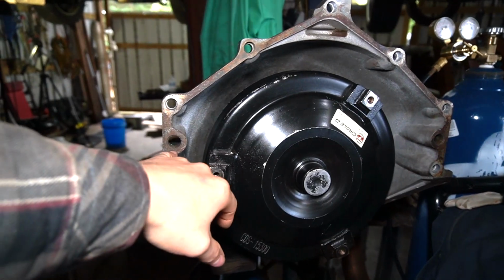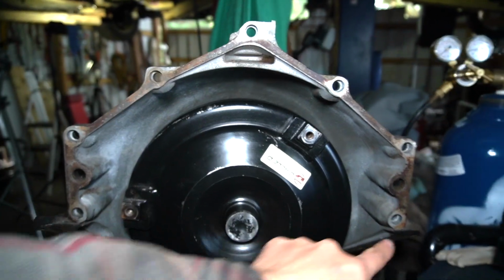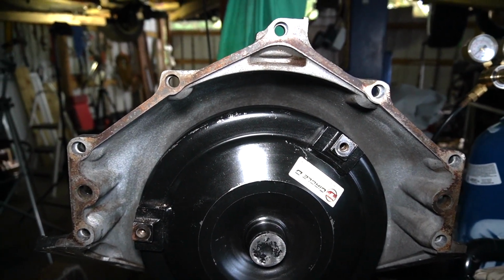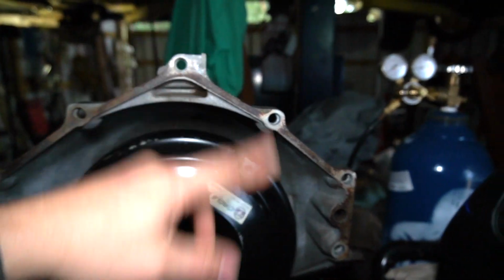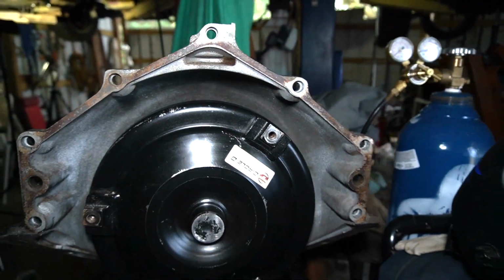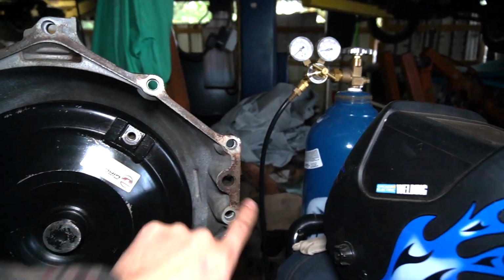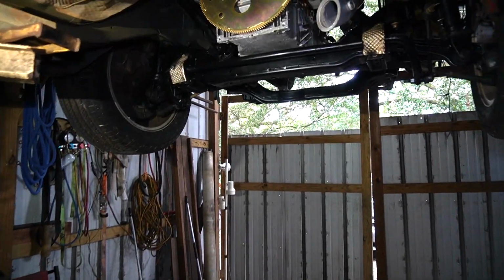Before I put it in, I'm going to ream these little holes out here, because usually these things want to break off, and I keep seeing posts on Facebook where people say, I broke one of these on here, what should I do? Well, I don't want that to happen, so I'm going to ream these all out, because it was a little bit of a hassle to get it out whenever I was taking the